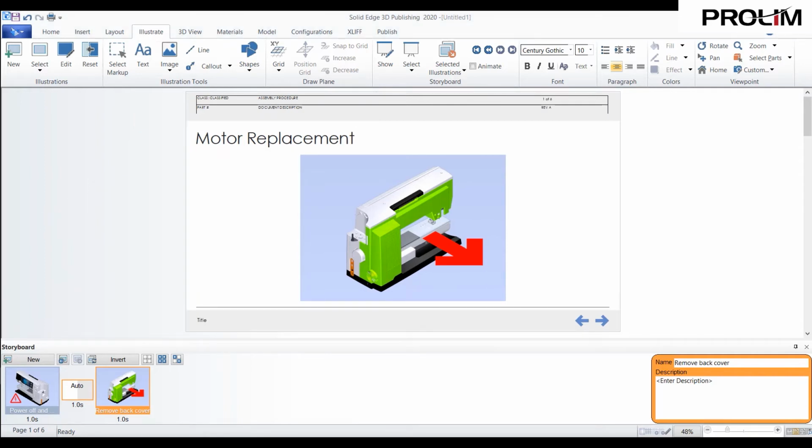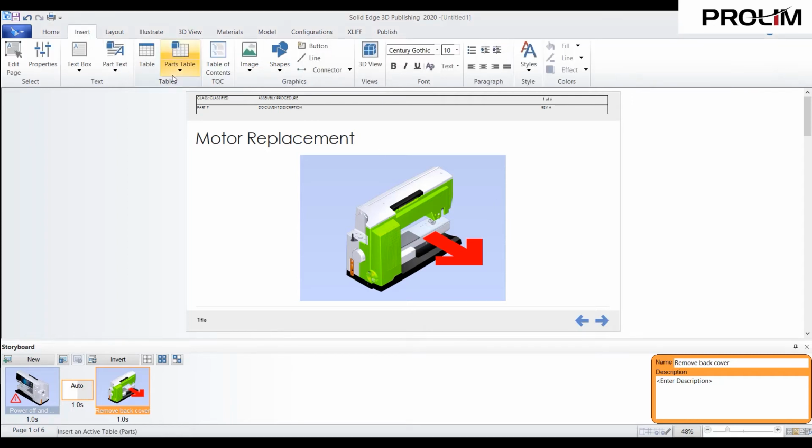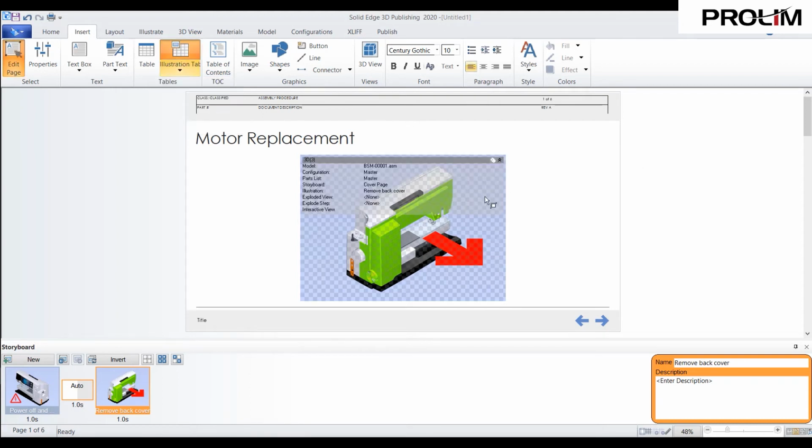So since we have created our two illustrations, now we need to create a toggle that lets us go back and forth between these two. And we know if we click the arrow down here, it's just going to take us to the next page. So what we really need is to insert some sort of table, right? So if we drop this table down, this parts table, we do have something that's called an illustration table. A parts table is kind of like a bill of material, right? But an illustration table will let you come in here,